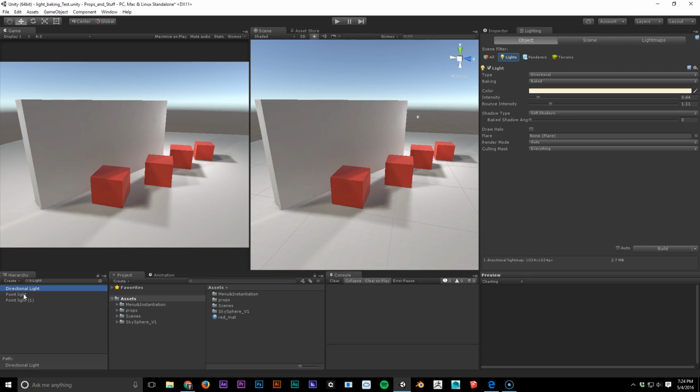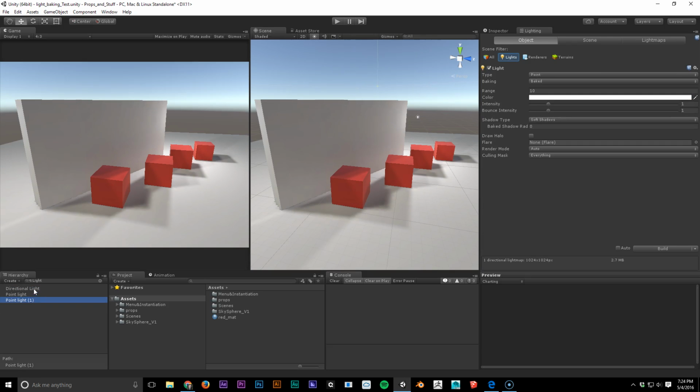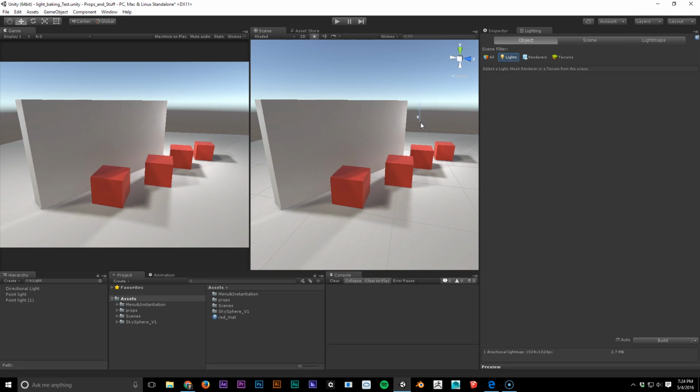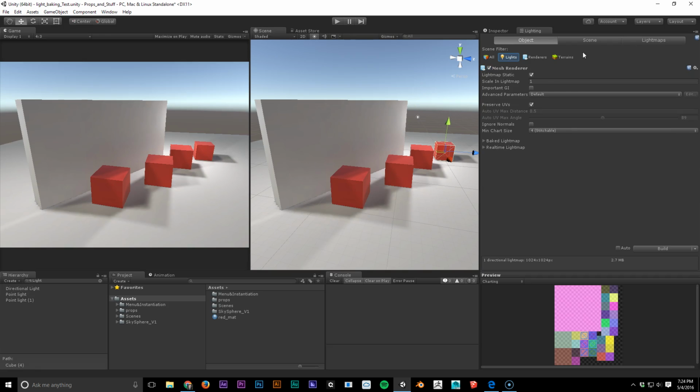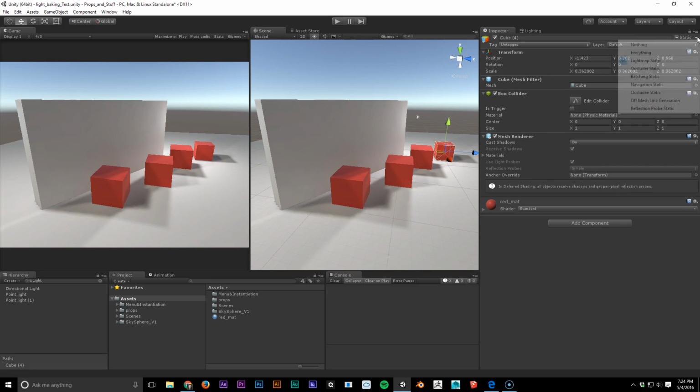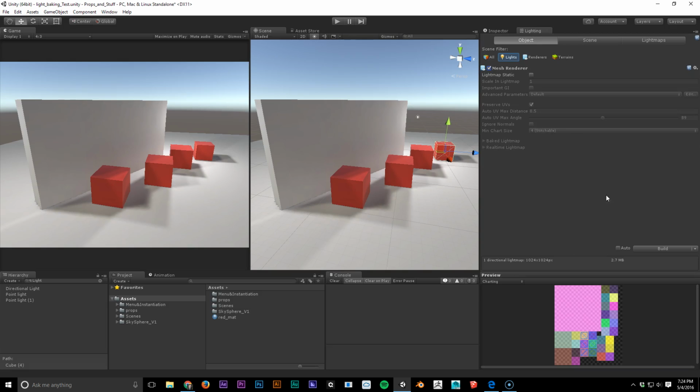Okay, so these two lights here are set to baked, and then this one back here is set to mixed. If I turn this one off, you'll notice that nothing changes, right? That's because it's included baking information in your baked map. The physical image that's representing lighting, it's included its information in that map. However, if I take, say, this cube and we remove its light map static property and build that again,